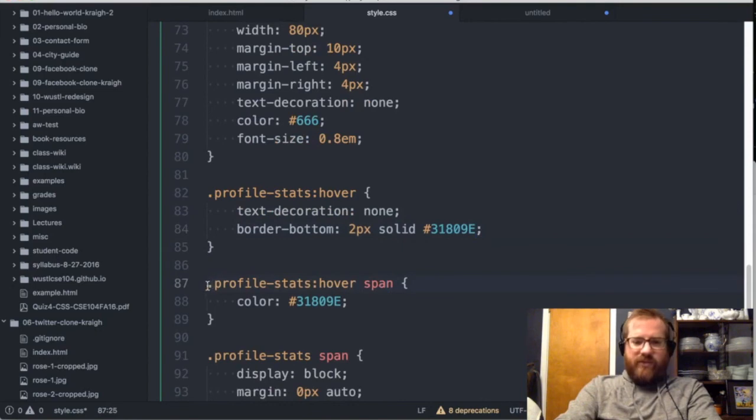So again, this is a little tricky. I don't think I really covered this in class, but we can target, this class profile stats is the A, and we target the A in the hover state, but then we're adding an additional element to our selector of the span, so it's really tricky. So we're targeting the actual span inside of the hovered A, if that makes sense,